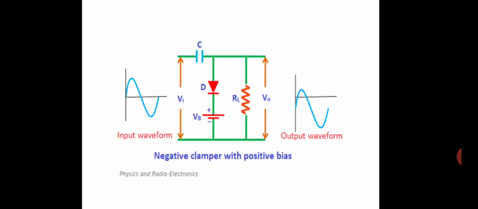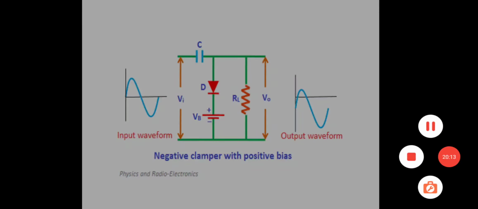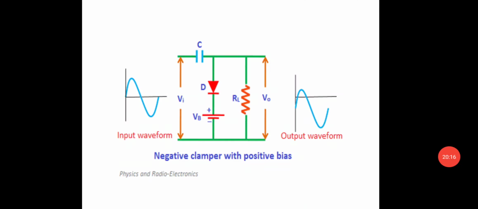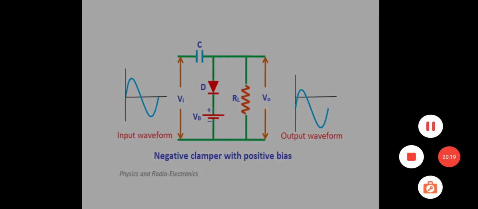And what are the clamper applications? Clampers are used for DC restoring and to remove distortion, so unwanted signals are removed by using a clamping circuit. Clampers are used as voltage multipliers because the output is stepped up, for protection of amplifiers, as test equipment, and as a baseline stabilizer. So these are the applications of the clipper and clamper, and we discussed the construction and working of the circuits.